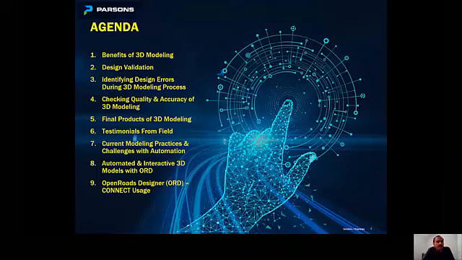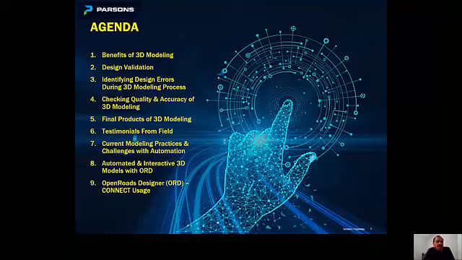Let's look at the agenda items for the presentation today. I will be talking about various benefits of 3D modeling and design validation, like how to validate the design using the 3D model software. I will be discussing some of the design errors and omissions and any issues that we can identify during the modeling process.